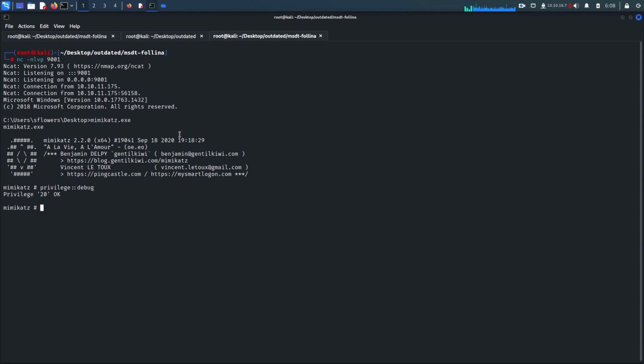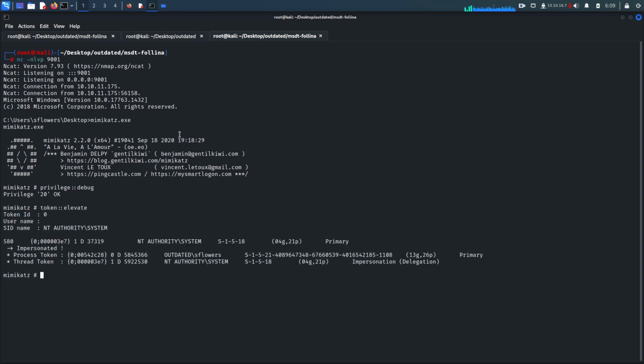Now let's elevate the token: token::elevate, and now we have the token. The SID name is NT AUTHORITY\SYSTEM, and as you can see, impersonated, process token is this, thread token is this now. So what we can do is dump the hashes, lsadump::